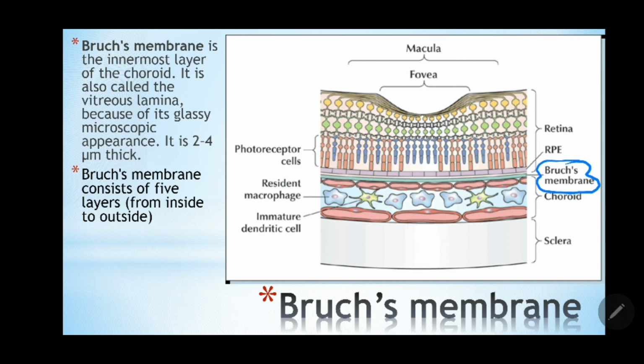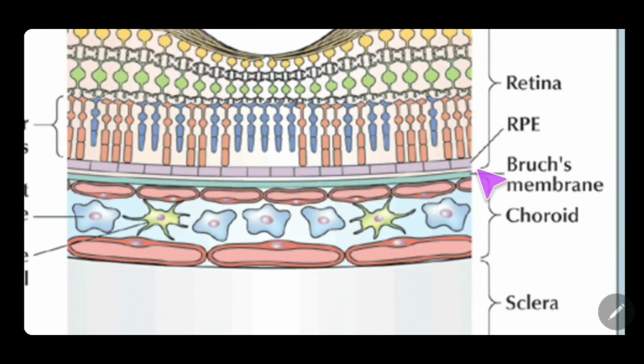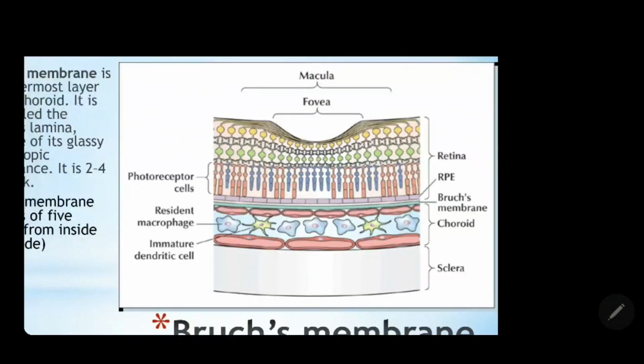So what are the 2 layers adjoining the Bruch's membrane? You have the pigment epithelium towards the retinal side, and here you find the endothelium, or you can say the blood vessels, capillaries, or the basal epithelium of this choroid. Before that, can you see a clear view? Bruch's membrane, this is the pigmented cell layer, this is the layer of capillaries within the choroid. This, of course, is not shown. There will be an epithelium lining here on the choroid, and in between is Bruch's membrane.